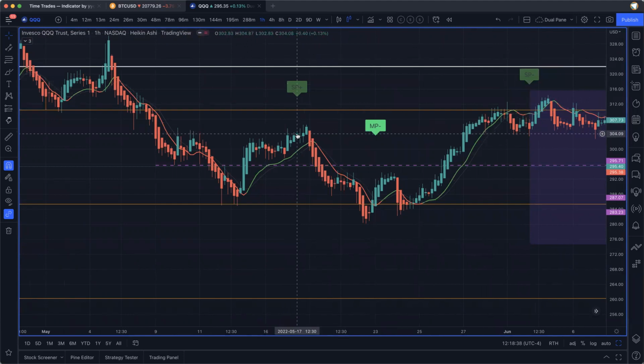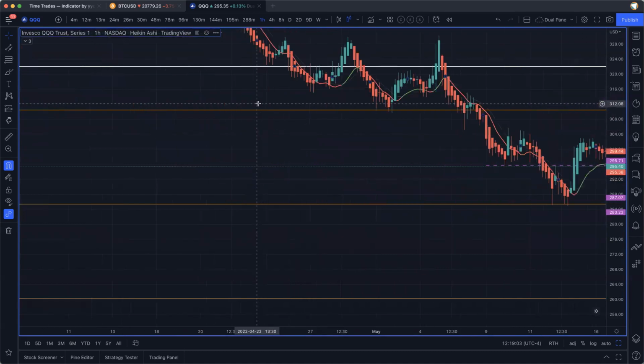If I put my mouse over the small pivot, you can see that the price basically matches the small pivot afterwards. We got that drop down into the medium pivot, and then price recovered, and the price ended up matching on the days of the small pivot. So I found this really interesting, so I went back in time to see if this was